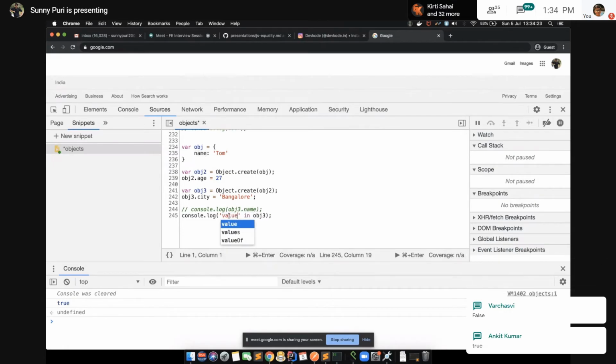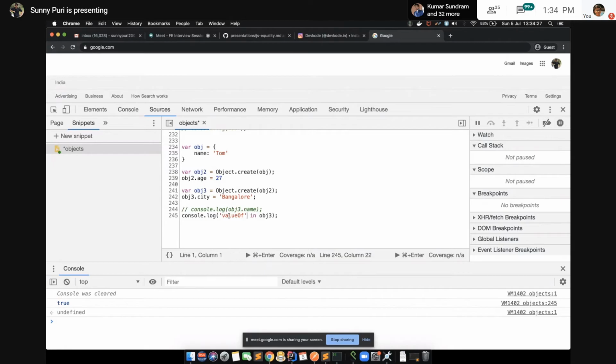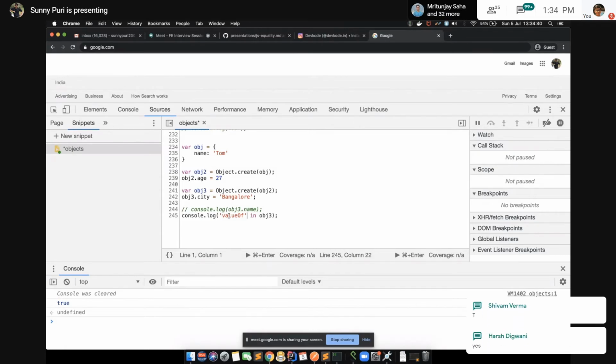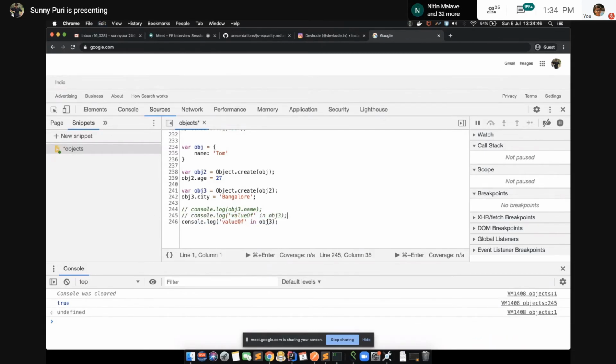It means we have a proto object also, like we have valueOf, toString. valueOf is there also, right, Naman? I'm coming back to that only. So valueOf is there in object 3. Let's check. Yes, valueOf is also there. So how can we check whether it is in my own property or not?